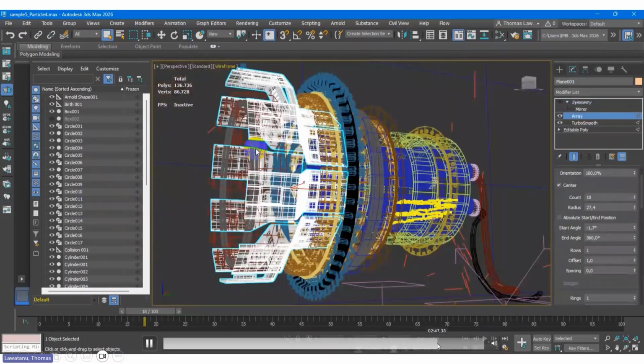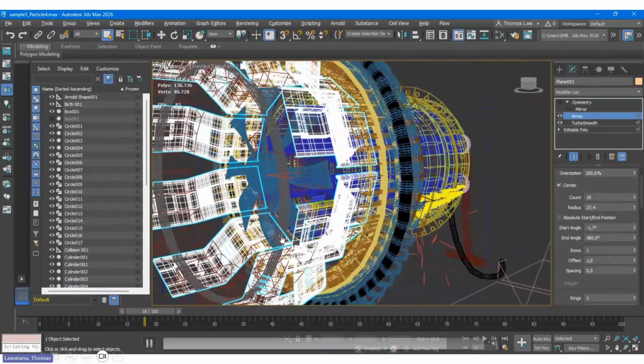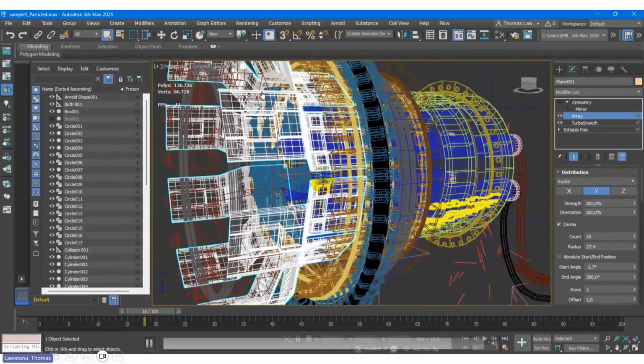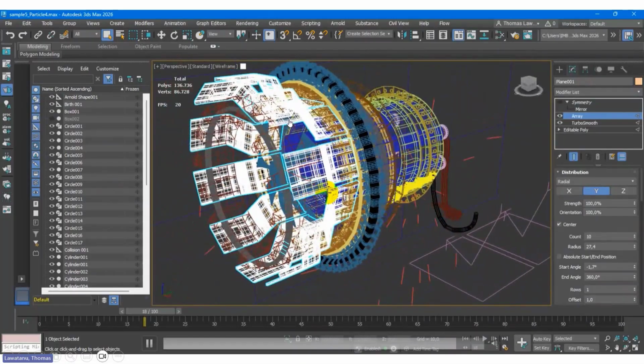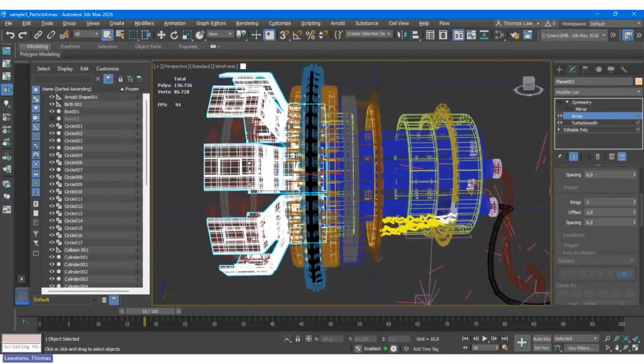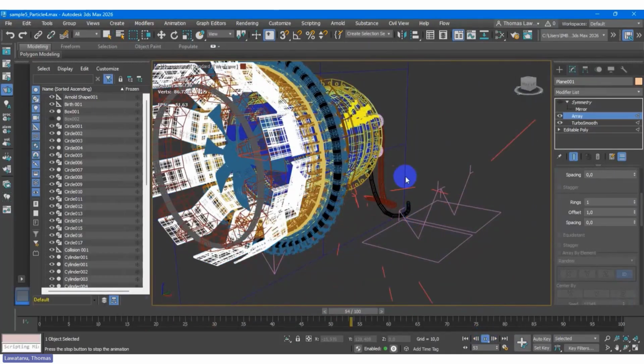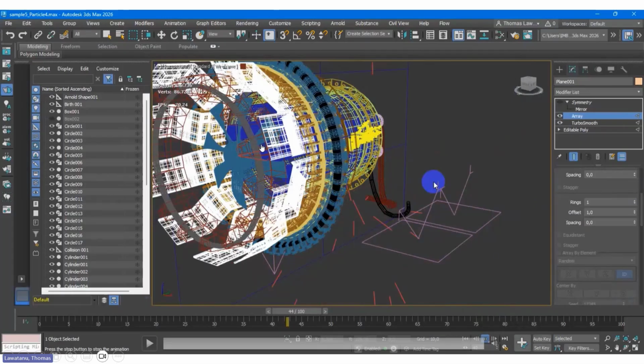I move again. This is an example of how to apply it, like the bottom part here. I'm using the array modifier to get this circle. Even the axis, it depends. This is easier right now. Previously, the old array was a bit confusing, with a lot of things I clicked that were not my goal. That's why the array modifier is easier. Right now everything is there, at least you can try.